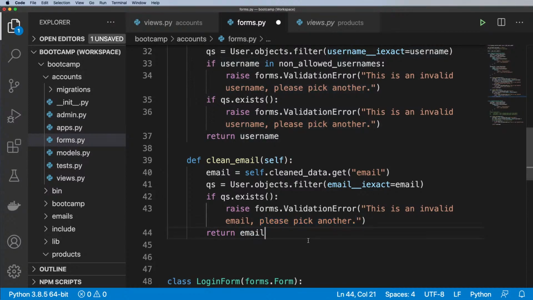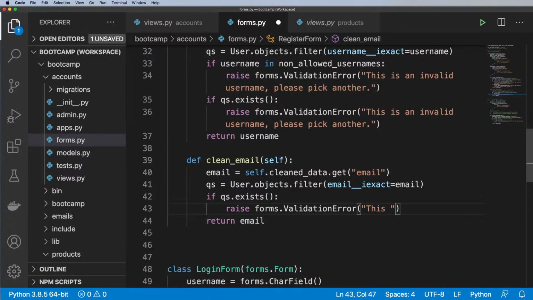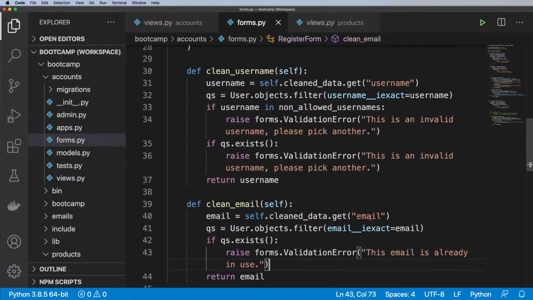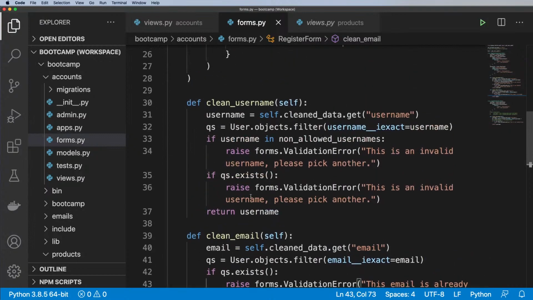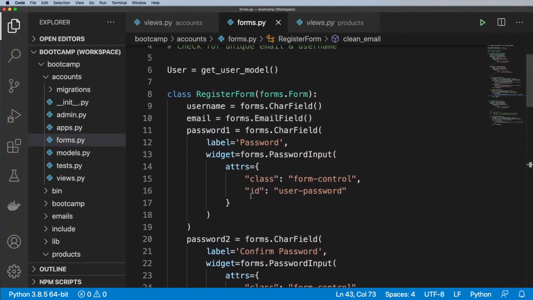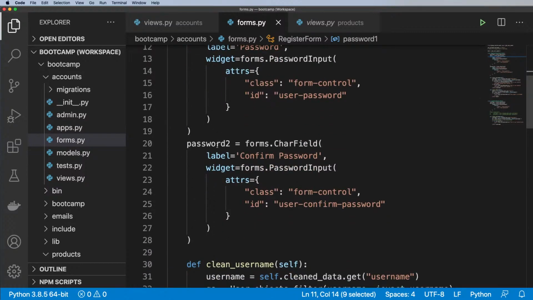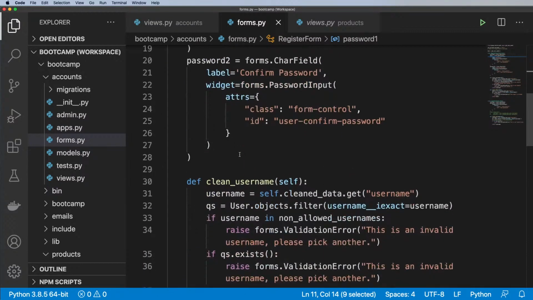Please pick another. Okay, or this email has been used. This one, maybe. This email is already in use. So there we go. We now have username and email, and we haven't actually validated the passwords yet,